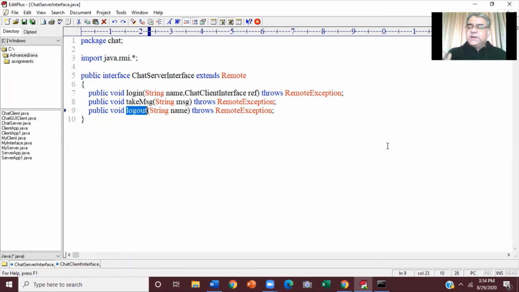Remove this client's client info from the vector, then call broadcast message that this guy has logged out, passing a message that this person has logged out, and call broadcast list. Okay. So three things in logout: remove the corresponding client info object from the vector, this guy's client info object from the vector, call broadcast message, passing a message that this guy has logged out, and the third thing, call broadcast list,